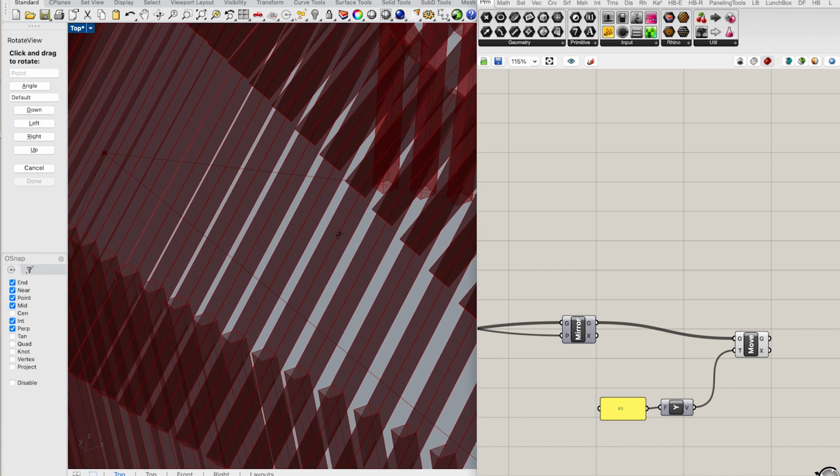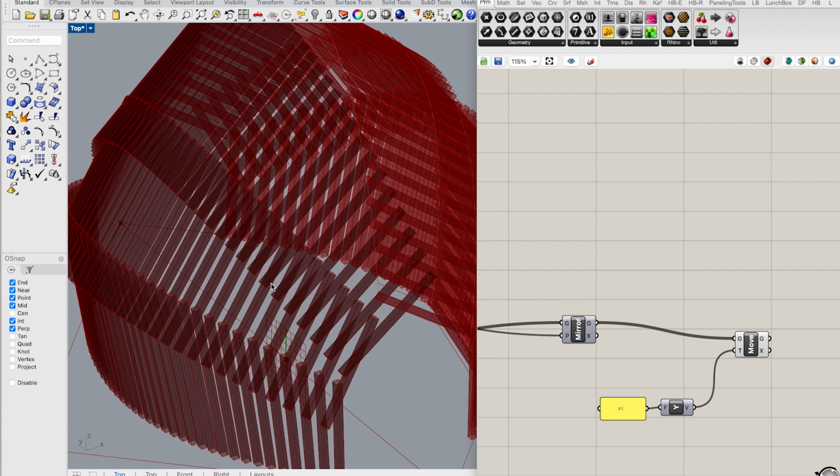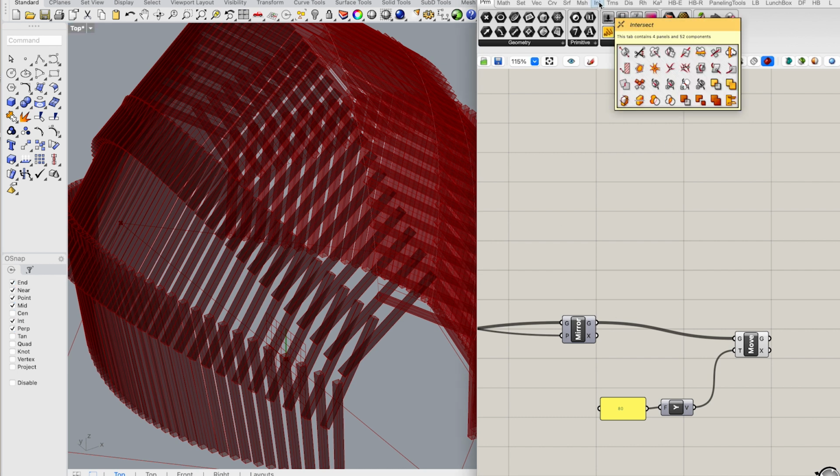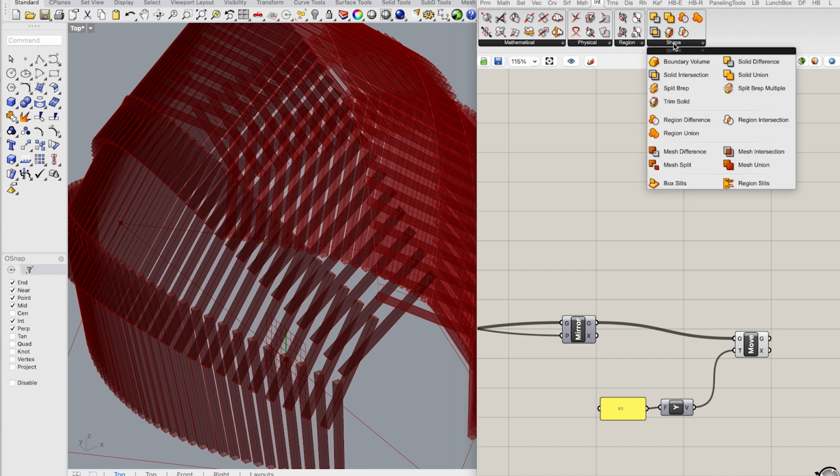Now we need the joints. Now we need to generate the joints. If we go to the intersection menu, I'm sure we are going to find a suitable component. Let's go to the shape and